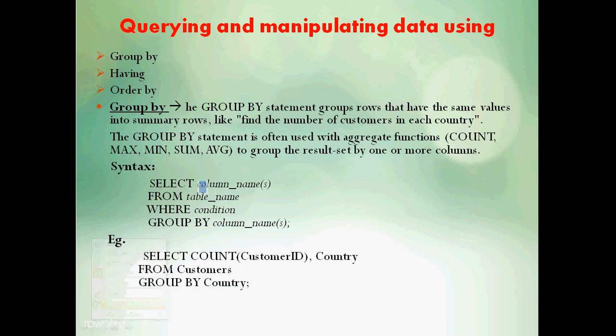Let's see the syntax. Select attributes from table name, where you can mention a condition if there is any. The where clause, if there is a condition, has to be mentioned before group by. After the where clause, there should be group by. Group by which column? Here you need the country-wise report, so group by country will be there.